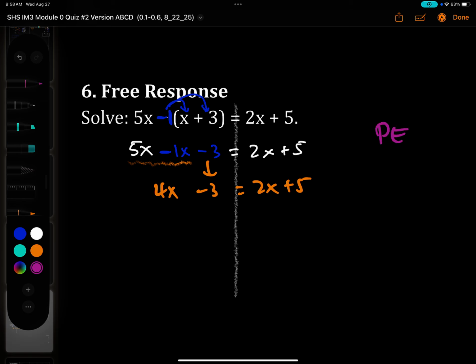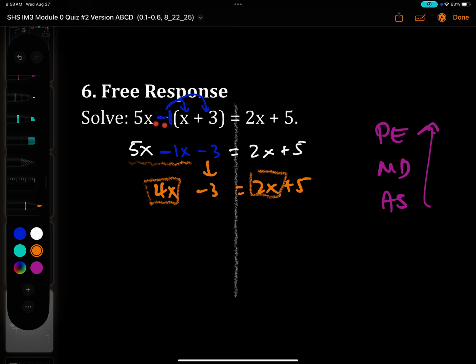Remember, in PEMDAS, we're going backwards. So now we're going to treat those like chunks. That's like a chunk, and that's a chunk. So I can get them together, right? I want to get these together. So I'm thinking maybe